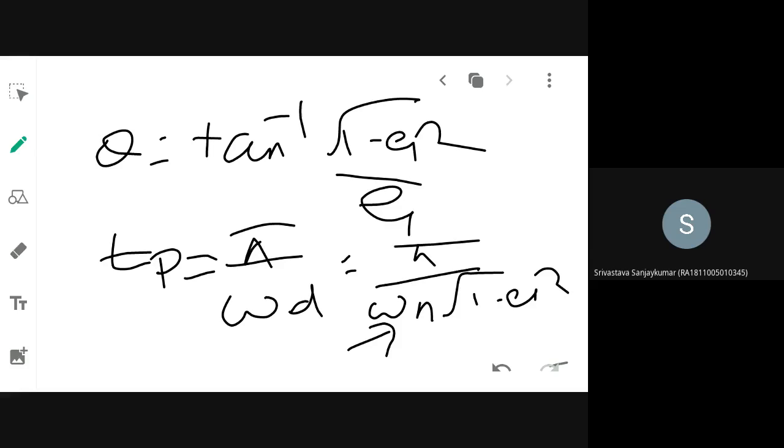So this is 3.164. Zeta is 0.316. This is 3.4. You substitute all the things, you will be easily getting TP. Okay. Now I think time is up. We will continue this problem in the next class, but you make a note of whatever things we have done